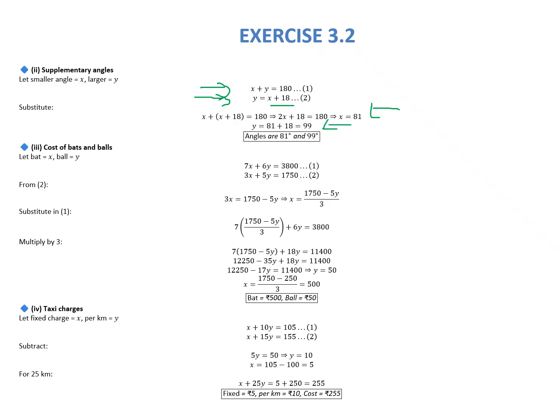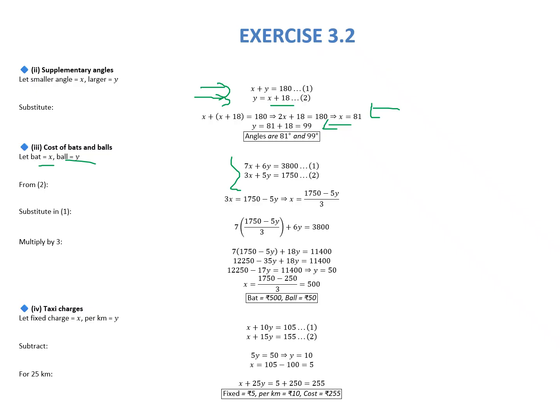So our angles are 81 and 99. Now, next question, we have given that 7 bats and 6 balls cost 1300, and 3 bats and 5 balls cost 750. So we have taken bat as x and ball as y. We have formed two equations, and then again we have to do the substitution method. We'll solve these equations, and upon solving them, we get the value of bat as 500 and the value of